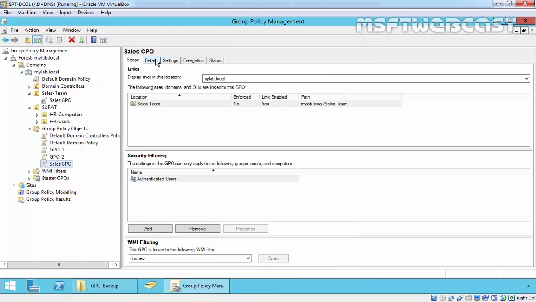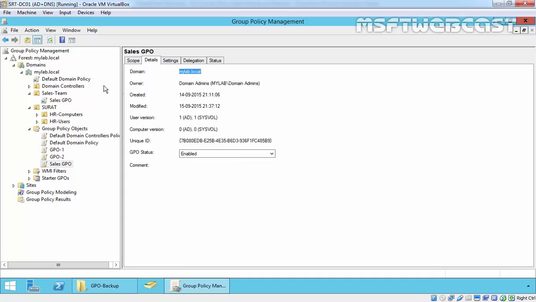If I click on Details, it was saying user version is 10, but if you refresh it, now as we see the version is 20. So in the sales GPO I made certain changes that I don't want, and now I want to restore to the original state, meaning before this stage where I modified the group policy object.